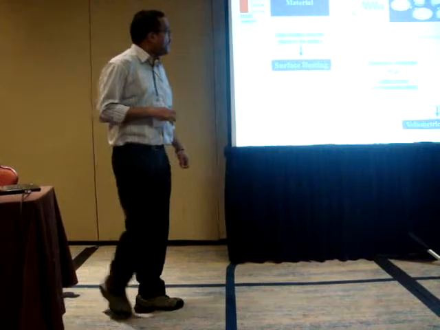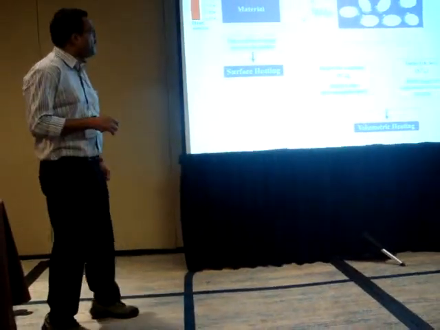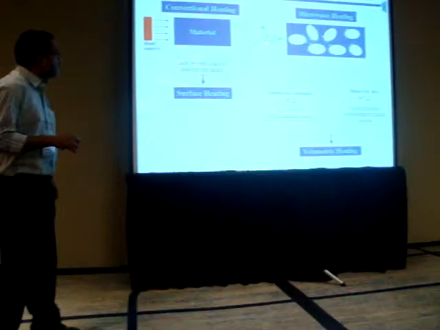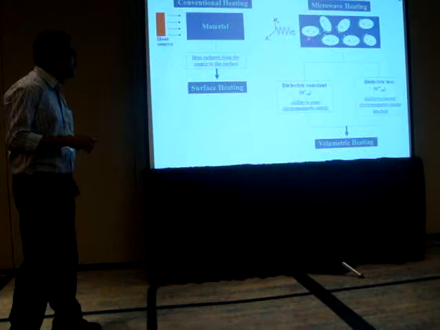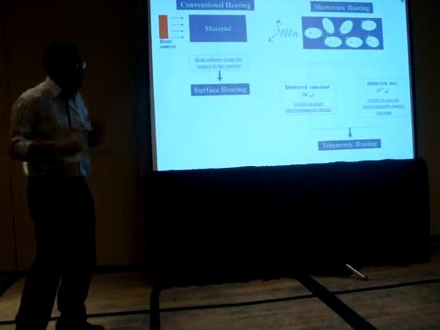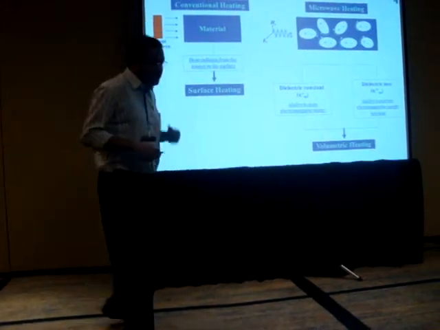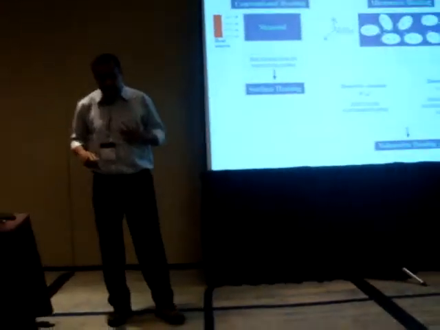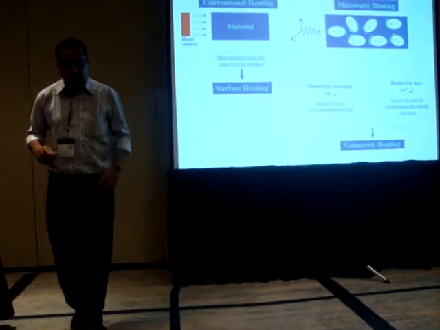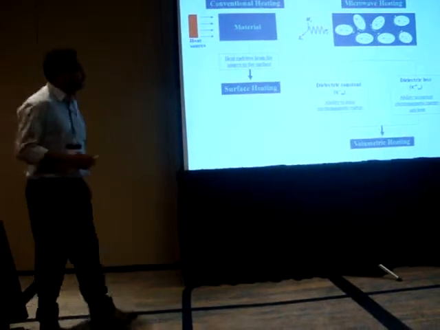So when we have a uniform electromagnetic wave, where the electric field and magnetic field are perpendicular to the direction of wave propagation, what happens is that dipoles try to orient along the electric field, and when they orient along the electric field, a resultant field direction will develop, which is called the induced electric field. So there's a difference between the incident electric field and the induced electric field. And